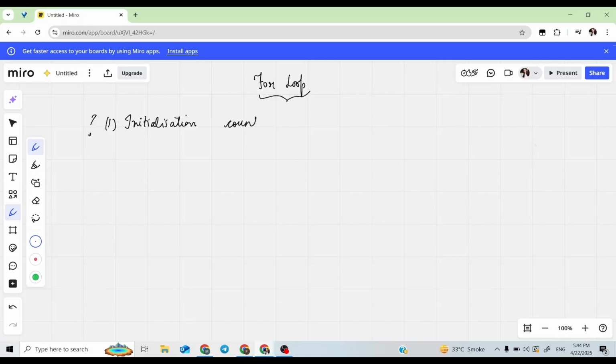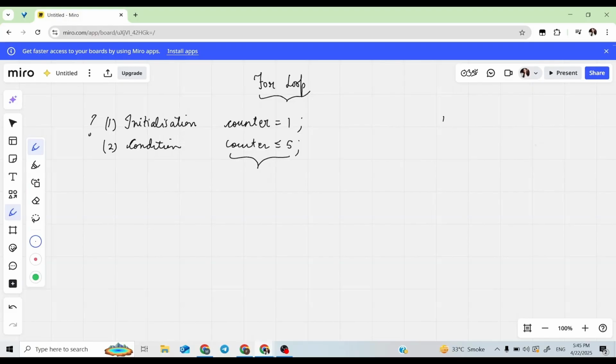In previous programs we have used a variable called counter equal to 1 or anything. The second work is giving the condition. For example, if I say counter should be less than or equal to 5, providing this condition means that till this condition is true, the loop needs to do some work.